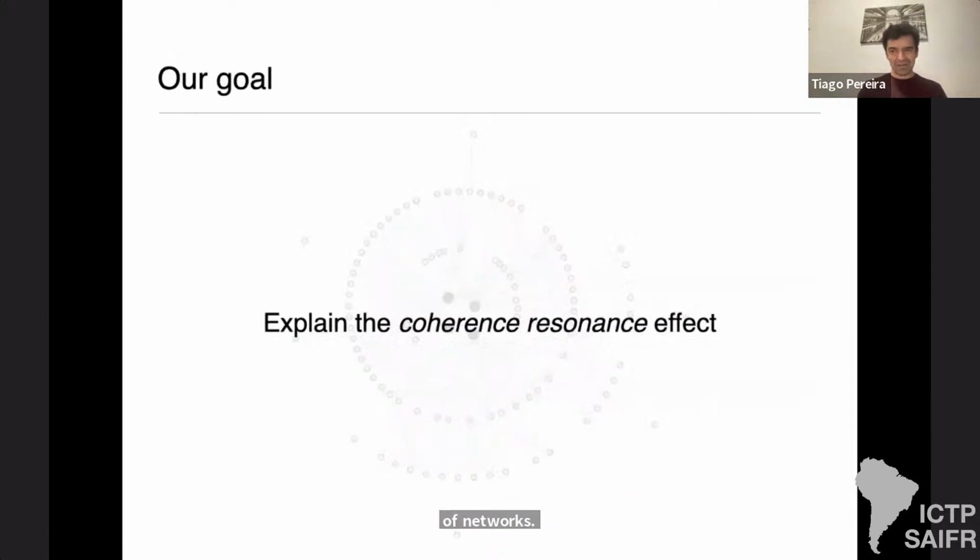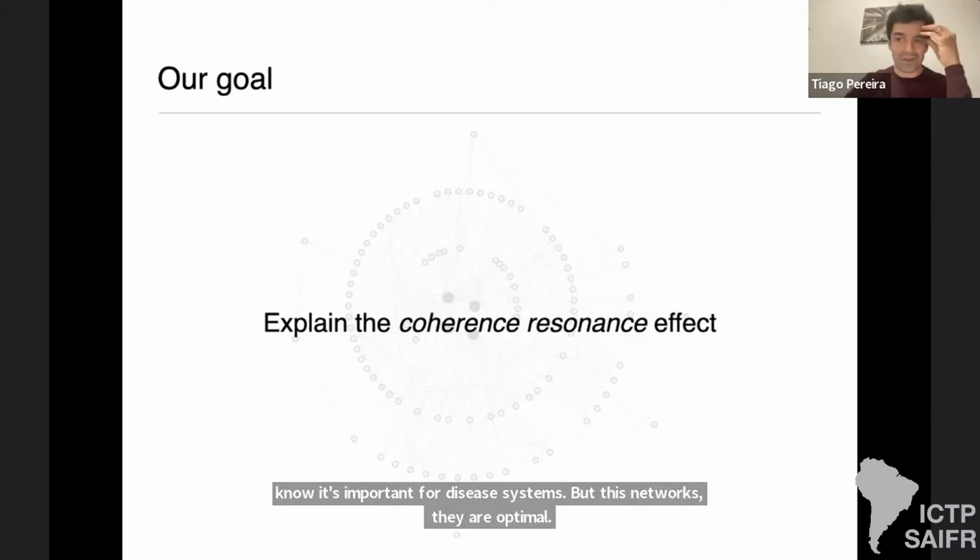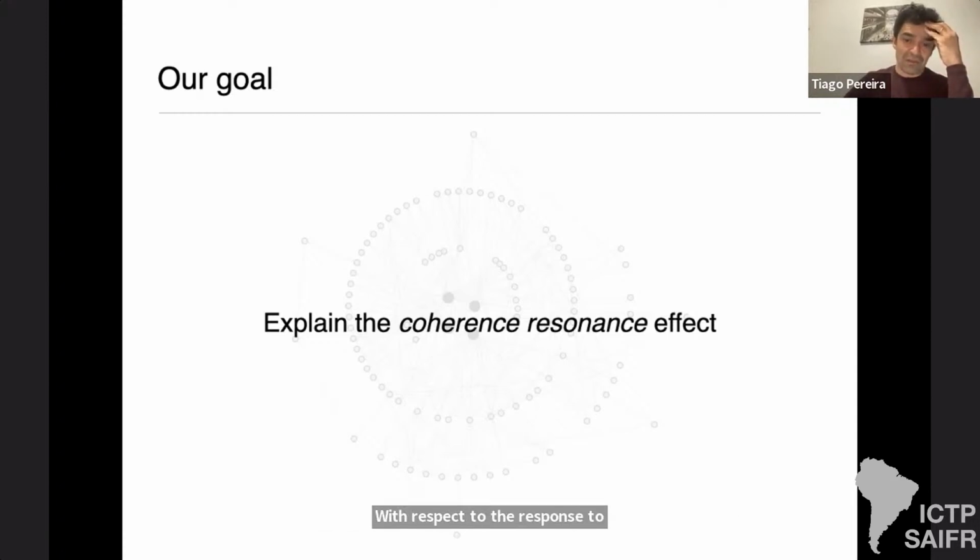This is the fact we saw. We are very happy to see this. This solves the paradox that people had in the past: why so many networks evolved to have hubs and these groups if they do not synchronize, and synchronization we know is important for the systems. But these networks are optimal with respect to response to stochastic fluctuation. What I wanted to do now is to explain this coherence resonance effect. So this curve we call coherence resonance, right? So when you pass through peaking coherence,